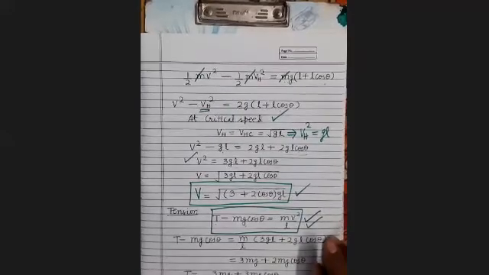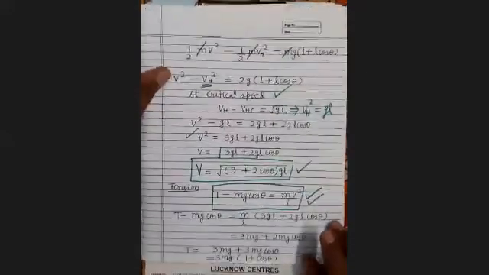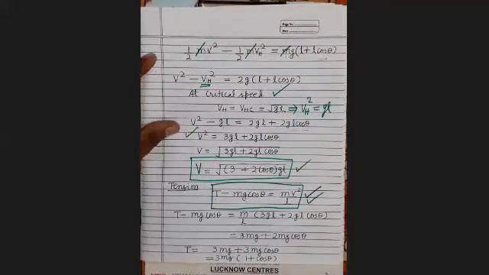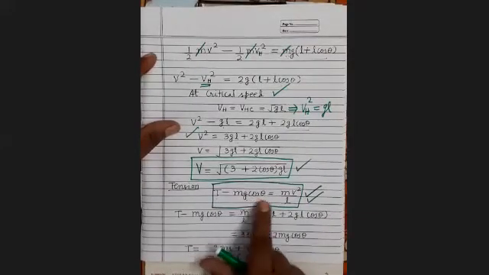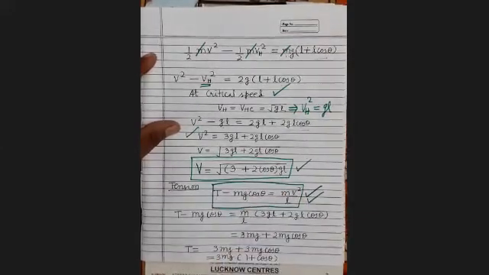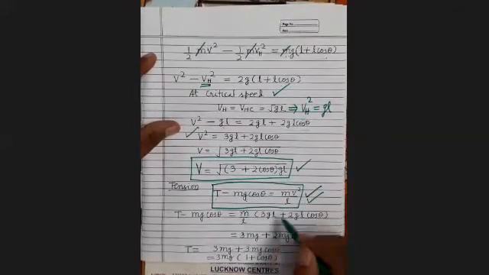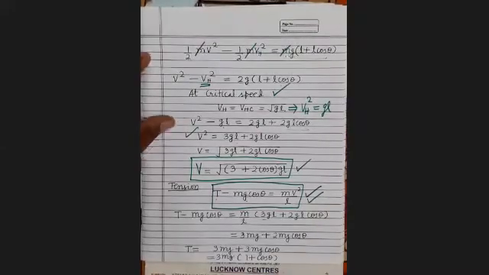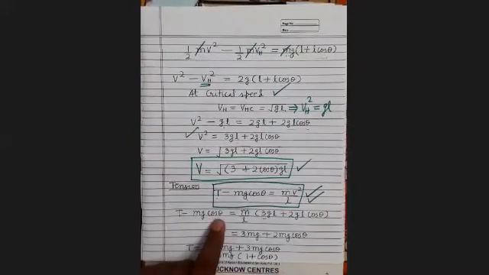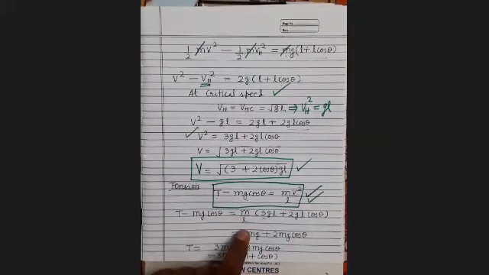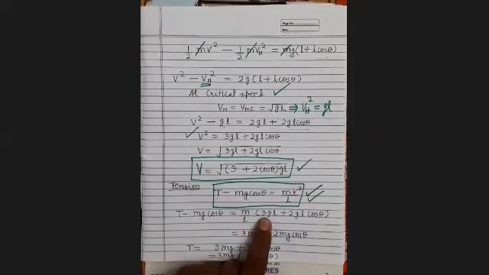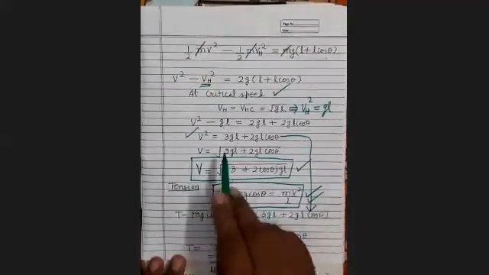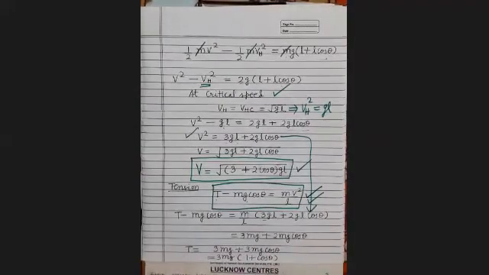Now after this, we will determine the tension in the string under this condition. So by using this relation, T minus mg cos theta equals m upon L into v square. In place of v square, you substitute this value. Substituting this value, what will you get? T minus mg cos theta equals m upon L, and in place of v square you have substituted 3GL plus 2GL cos theta.